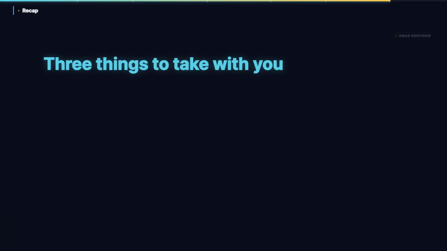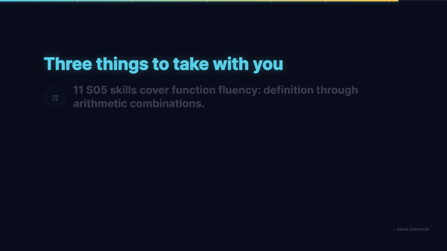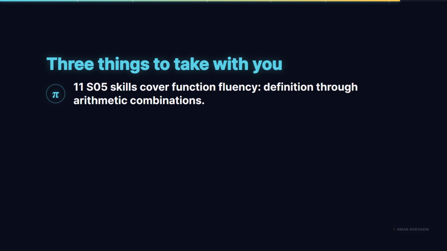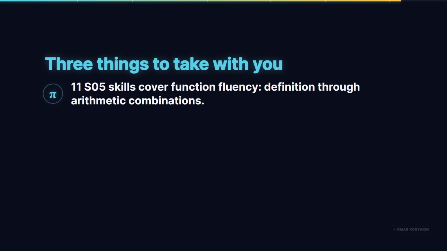3 things to take with you from this marathon lesson today. Mixed function skill practice is the most efficient learning move once the individual skills are at least passable, and the Section 5 toolkit is now complete enough to support marathon-style practice for the rest of the algebra course and into calculus. First, the 11 Section 5 skills cover the complete function fluency needed for the rest of the algebra course: